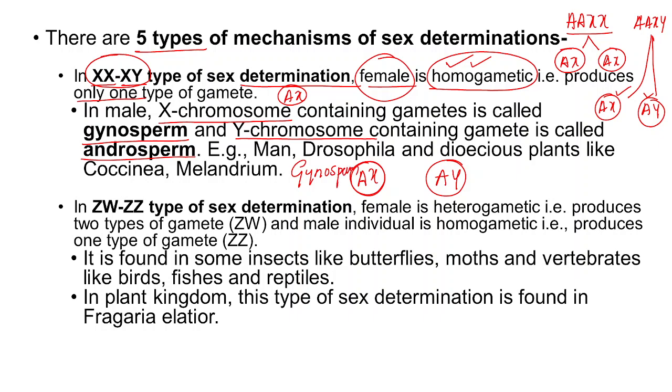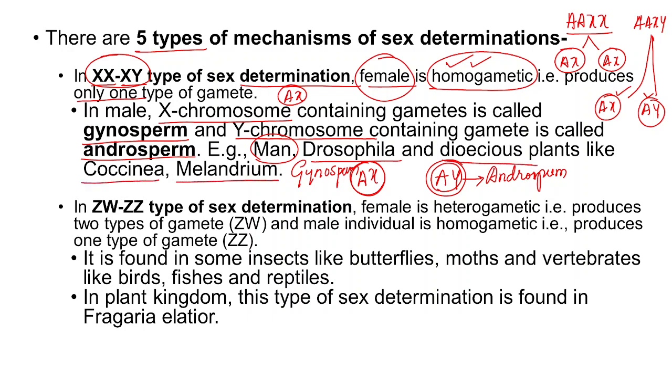Okay, the male gamete is called sperm, and the male gamete with X is called gynosperm. The same male gamete with Y chromosome is called androsperm. Okay, it is called as what? Androsperm, right. Male gamete with X chromosome is called gynosperm and with Y chromosome is called androsperm. Examples are human beings, Drosophila, and dioecious plants like